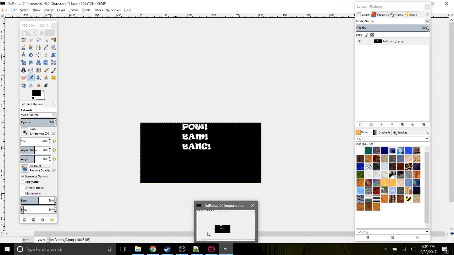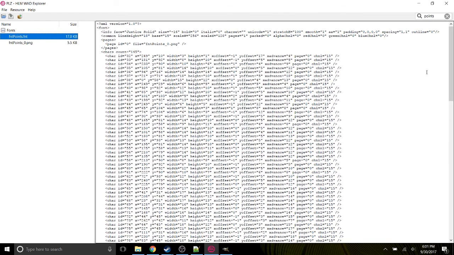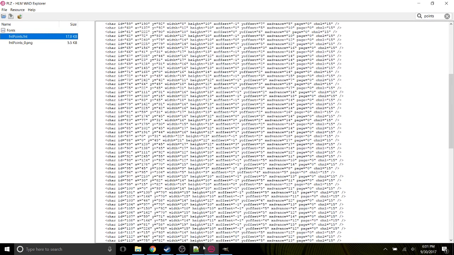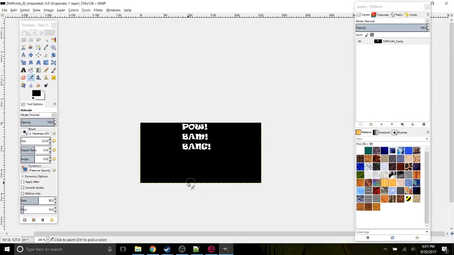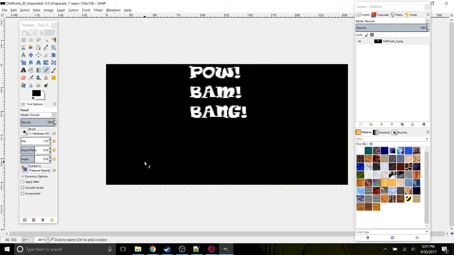Obviously, they're not replacing the exact numbers. So what I did was I opened up the font file and through trial and error figured out which ID was which character. If you look down here in this corner when you have one selected, it'll tell you what the coordinate is. So this is my exact coordinate here, like 9983. And for the 6, the 8, and the 1, I found those three coordinates and replaced them with pow,